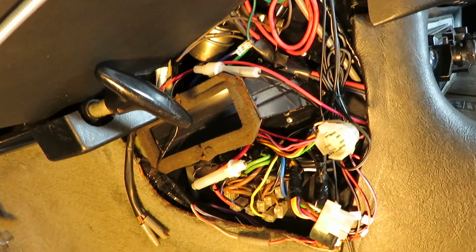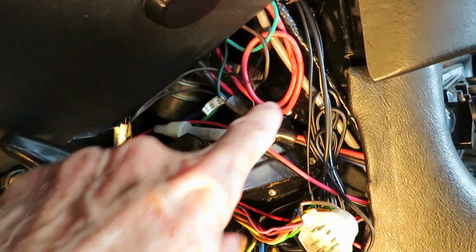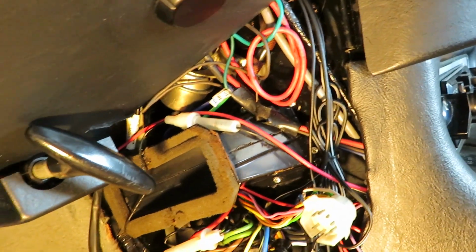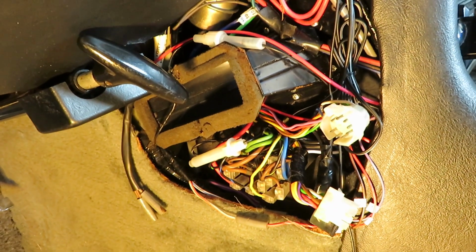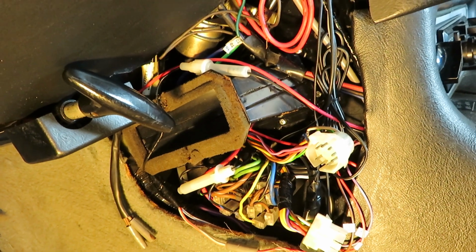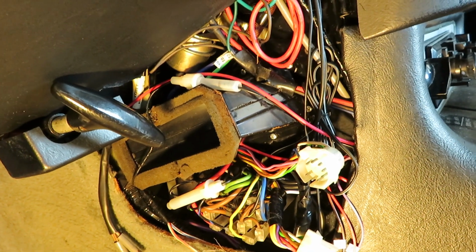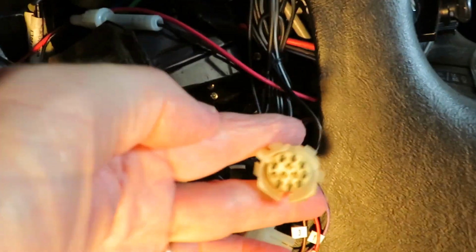On the driver's side, there's all kinds of things up here. Up in here is the amplifier. The amplifier is an electronic device that takes all the inputs from the sensors and the controls and decides what needs to be done. It's the brains of the system, and it connects with this